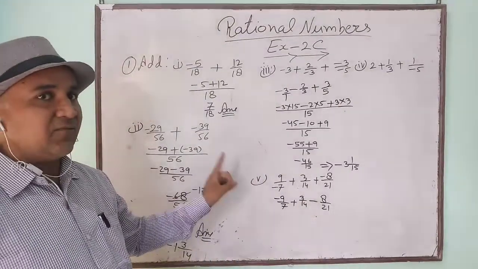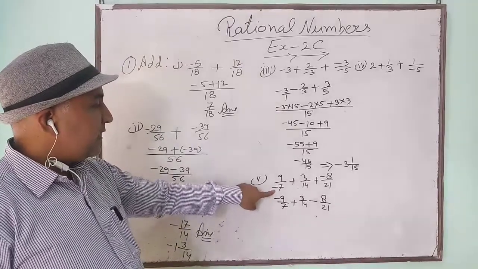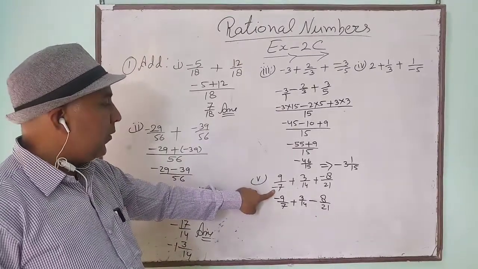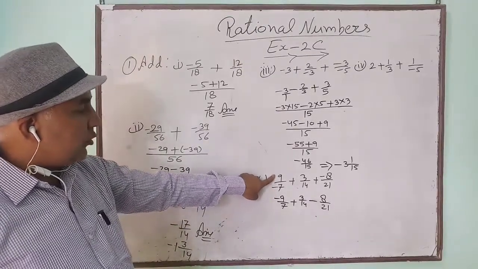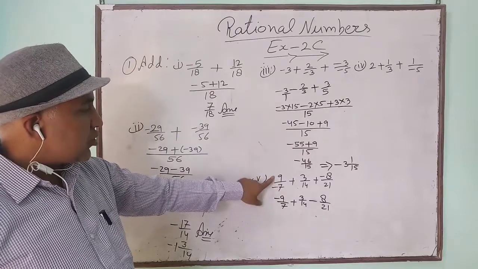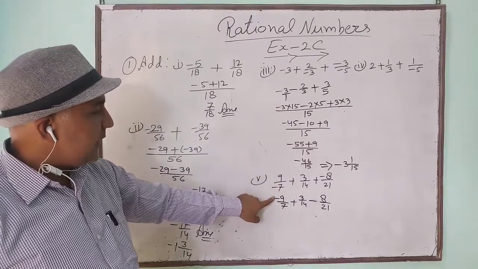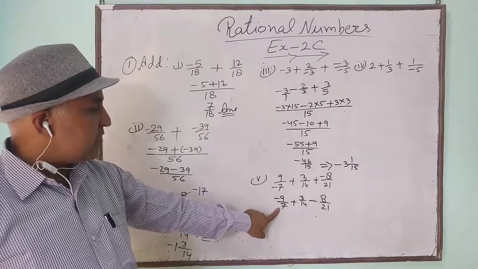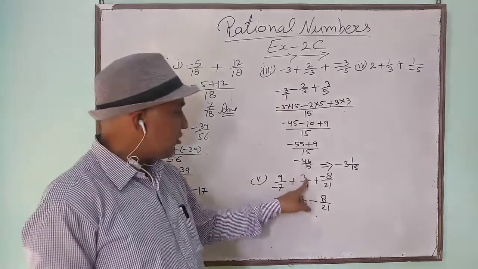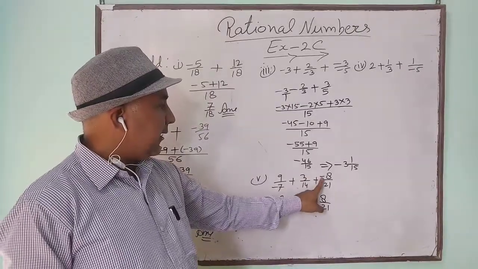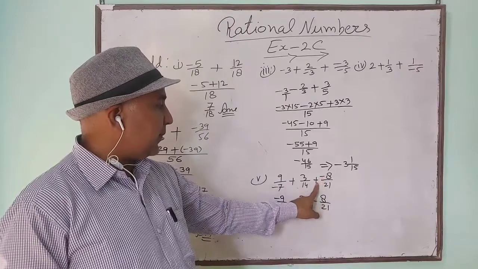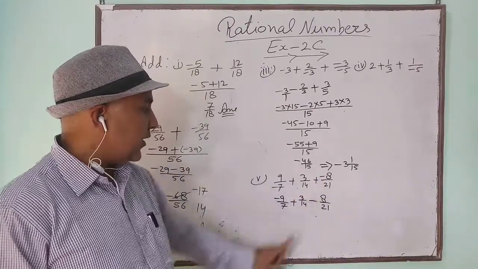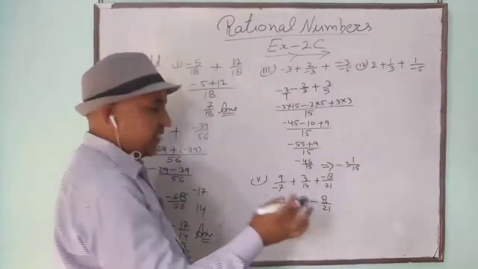Pay attention to what I am doing here. The denominator has been made positive. How? By multiplying minus 1 in the numerator and in the denominator. So minus 1 into 9 is minus 9. Minus 1 into minus 7 is plus 7. Here it is already plus 3 by 14. Here this minus is multiplied by plus and becomes minus. Okay? After this the process will be the same.